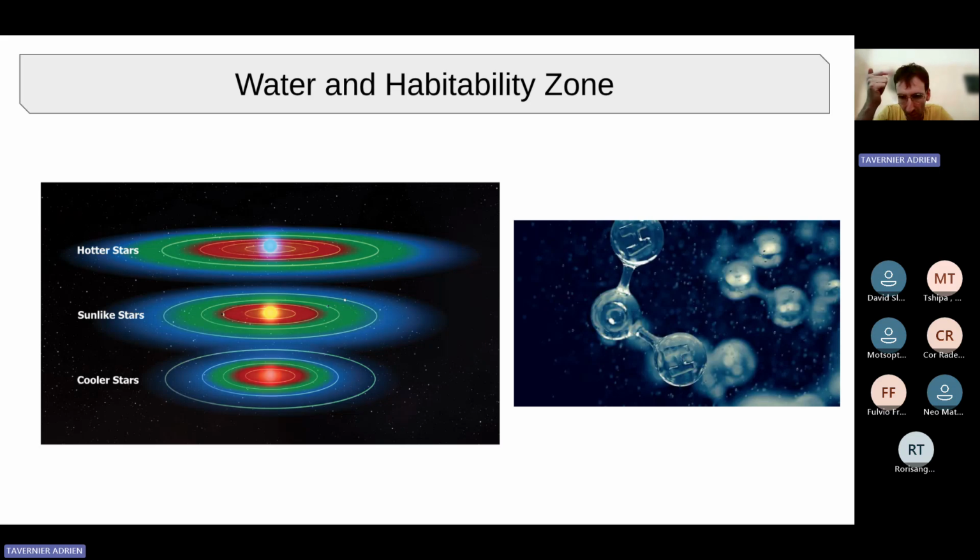So this is an incomplete concept because if we are looking, for example, at the solar system, we know that beyond the habitability zone, we can have bodies that can have liquid water. For example, the icy moons Ganymede, Europa, Callisto, Enceladus, and Titan for the Saturn system. So you can have this kind of icy moon, which are also ocean worlds. So the concept of habitability zone is limited, but this is a good tool in order to select some interesting